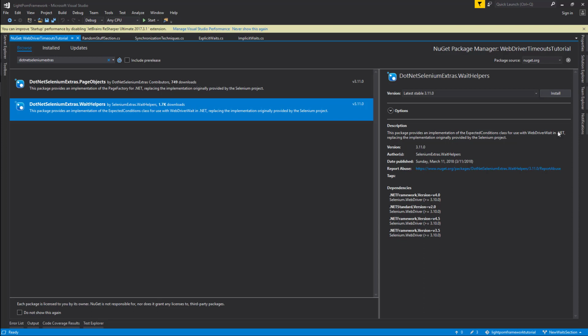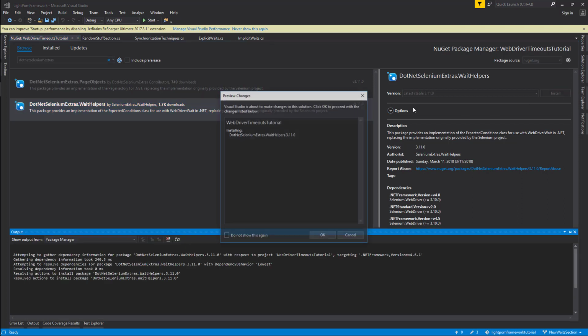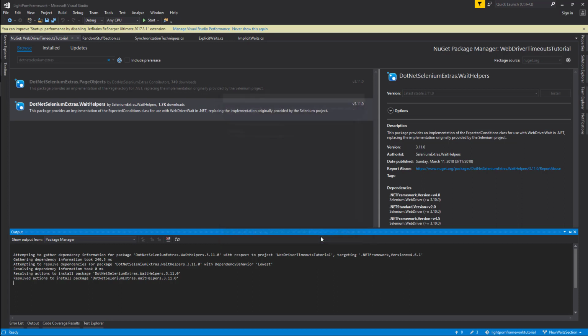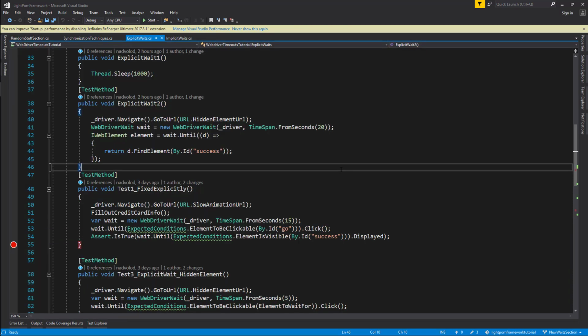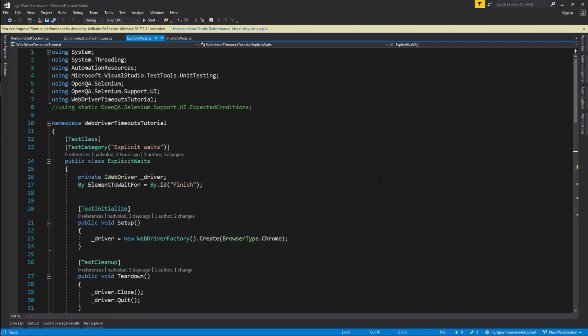Currently, as I'm talking to you, it's the end of March 2018. There is still no maintainer of this repository, but it does work. So I don't think it needs much changes. And so this version that I'm about to install, 3.11, will be just fine. So I'm installing it and it's downloaded. So now I can go back and